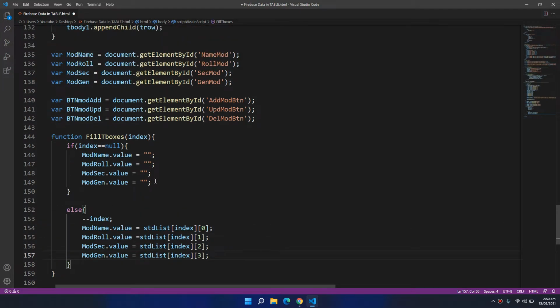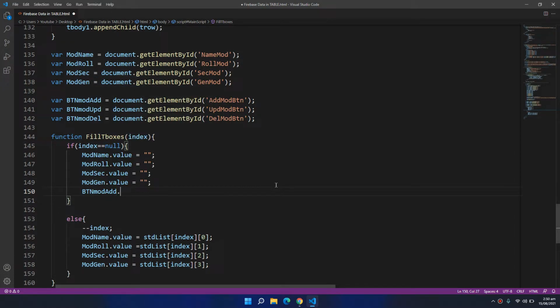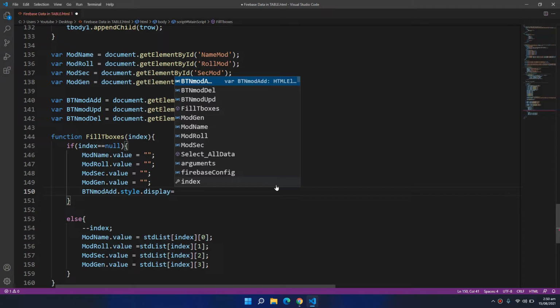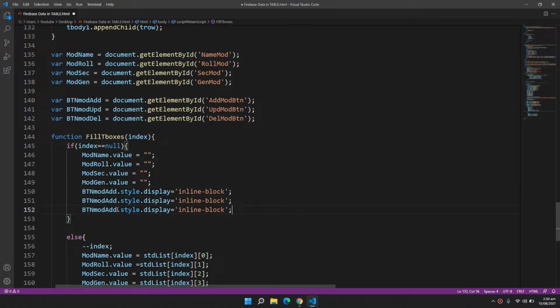Now I'm gonna do another thing, which is button mod dot add style dot display equals to inline block, and the other two buttons will get hidden.